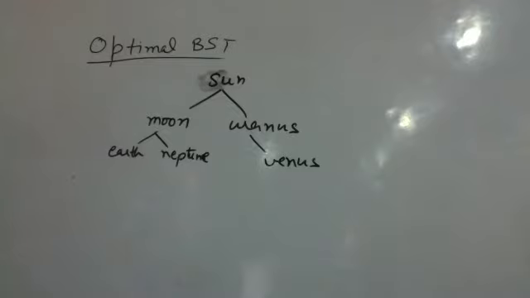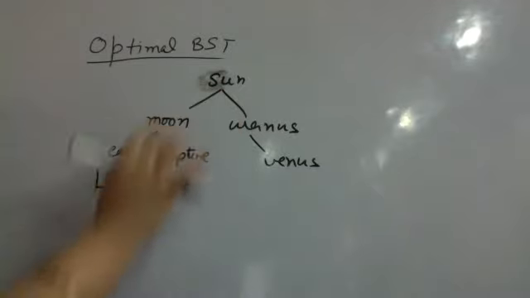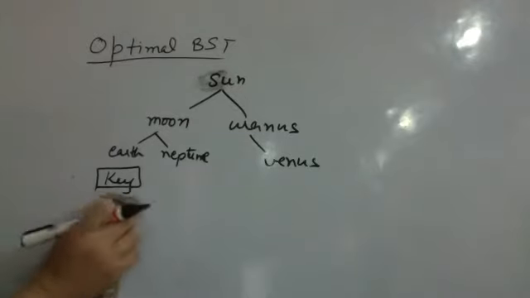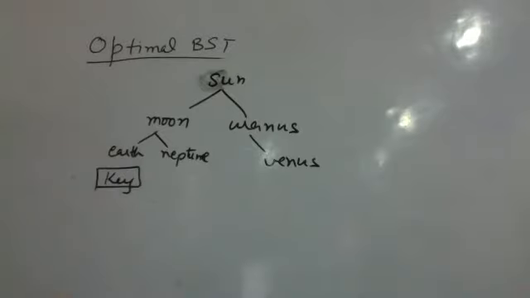Now here I am saying this is a binary search tree with some keys. Keys are the name of whatever I'm searching for. So I'm having the keys as Sun, Moon, and so on. Let me go in-order traversal: left, root, right. If I'm traversing in that order, then I will get alphabetical order. So I'm having Earth, Moon, Neptune, Sun, Uranus, and then Venus.